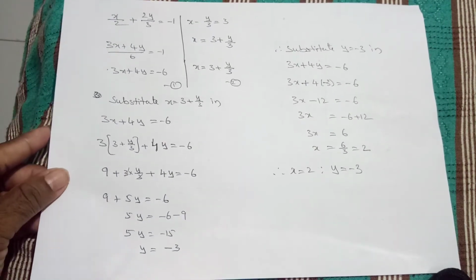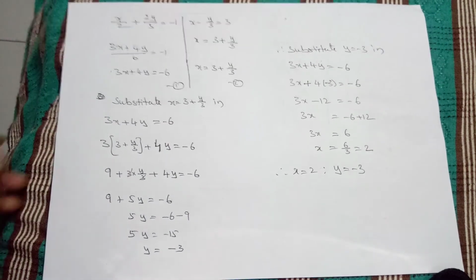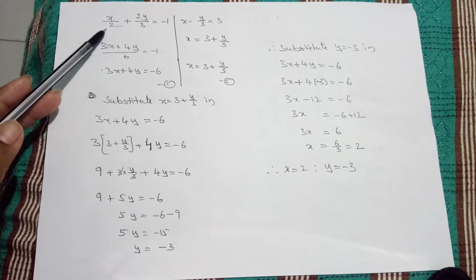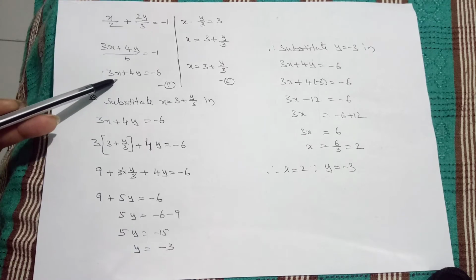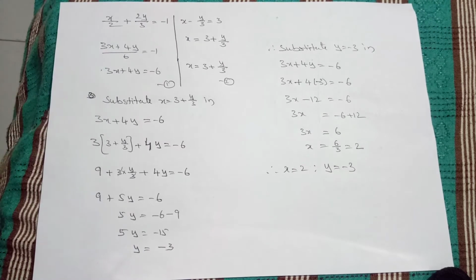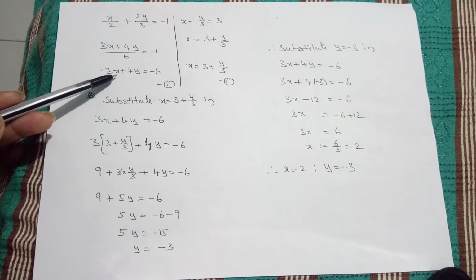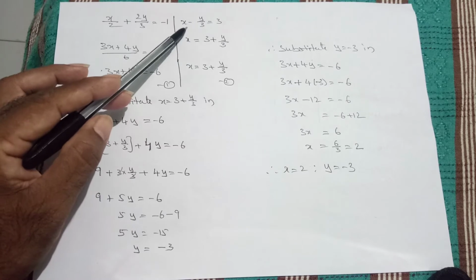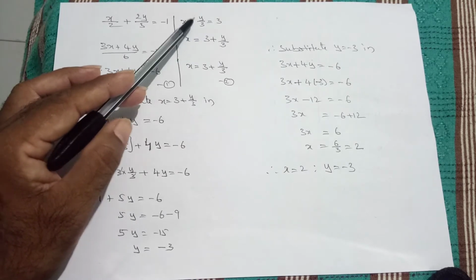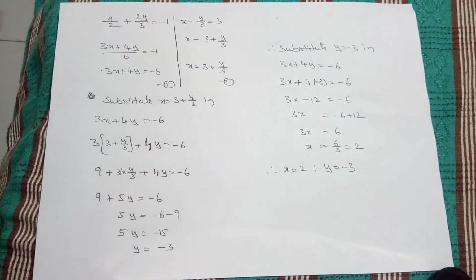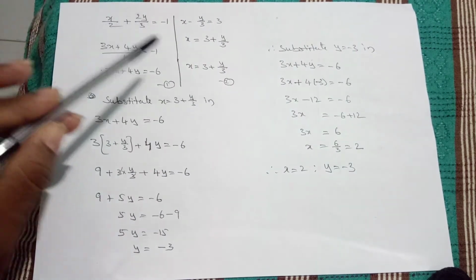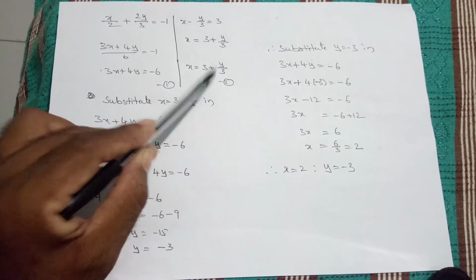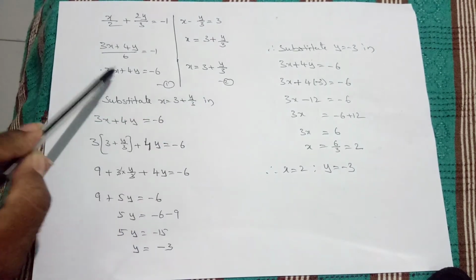Therefore, take this equation, which was already explained in the previous part, and convert it into the standard form. Here x is there, keep minus y by 3 to the other side, plus y by 3, so keep it like that. Now x is equal to 3 plus y by 3. Substitute this value in here.